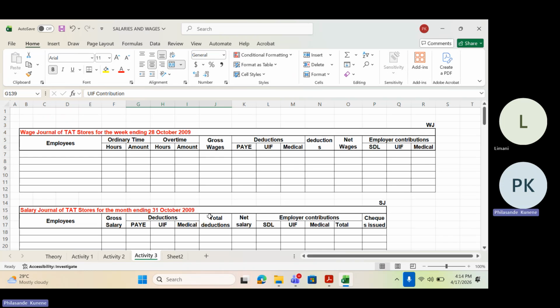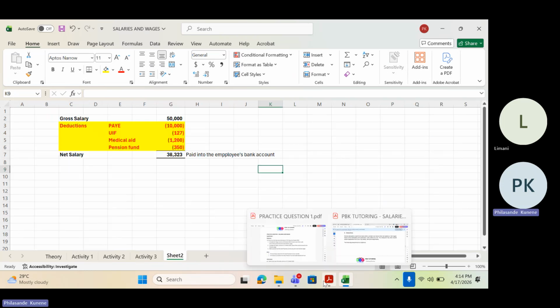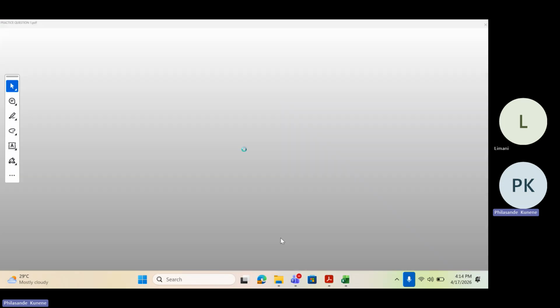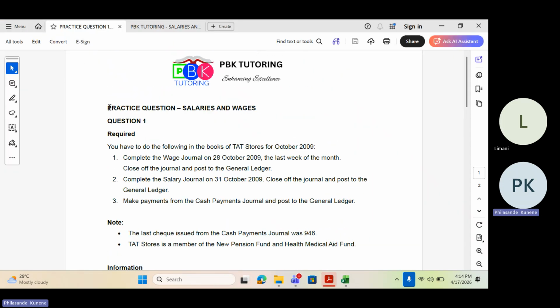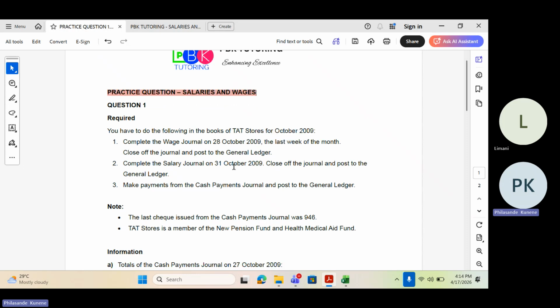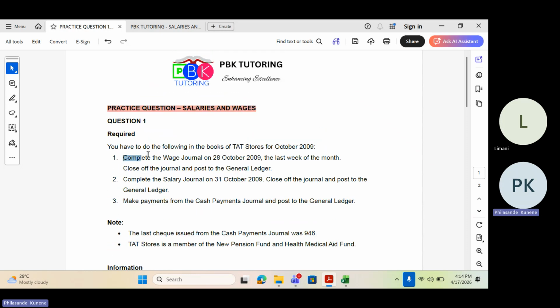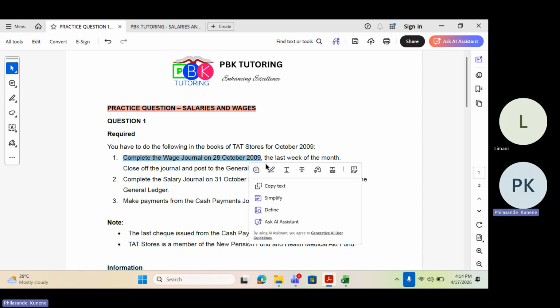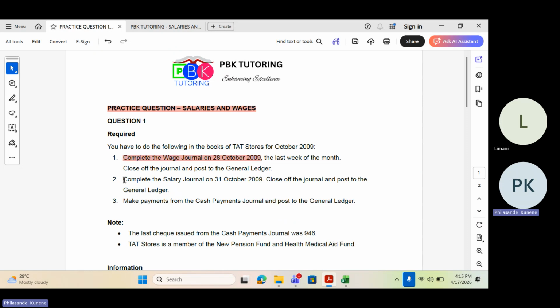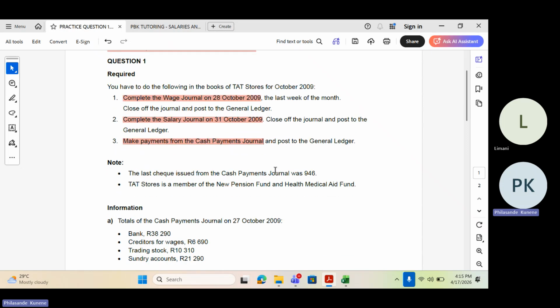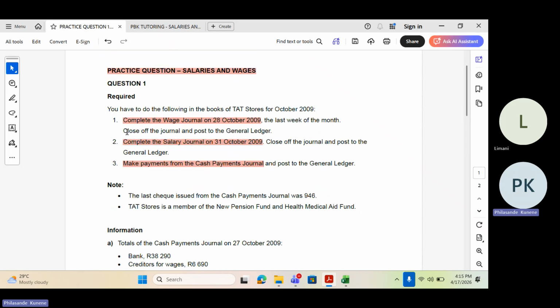Yes. Okay, perfect. We're going to be looking at it tomorrow then. For today, here I have a question that I'll be doing with you tomorrow. This is a practice question for salaries and wages. This is the one we're going to use as our example, where we're going to complete a wage journal on 28 October 2009. We're going to complete a salary journal on 1 October 2009, and then make payments from the cash payment journal. And then we're going to be doing all the general ledgers, because you can see here they're saying